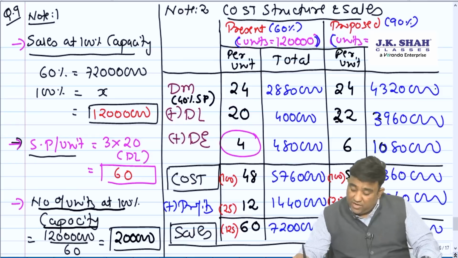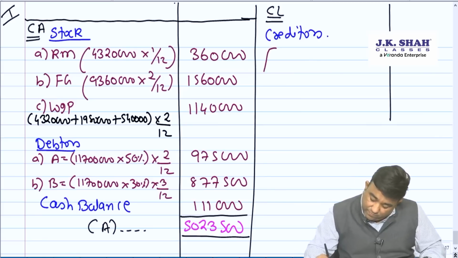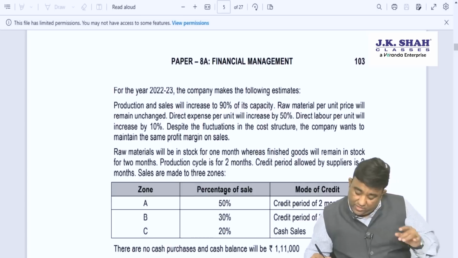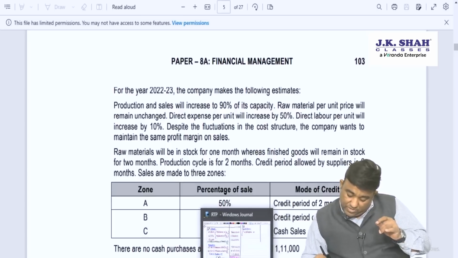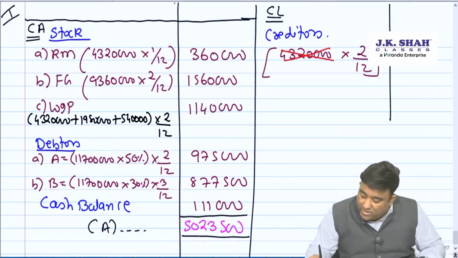Student, creditors are computed on material. Yes, 43 lakh 20,000 into what is the credit period given for the creditors? It is approx 2 months. Credit supply is 2 months. 2 by 12. Student, believe me, this is gonna be a blunder,